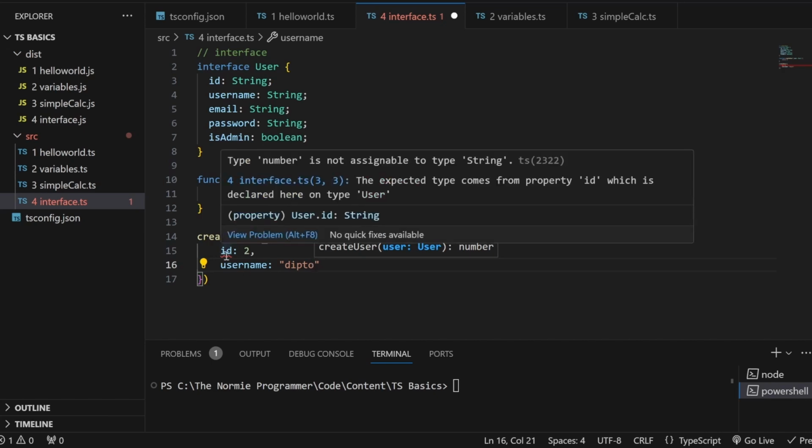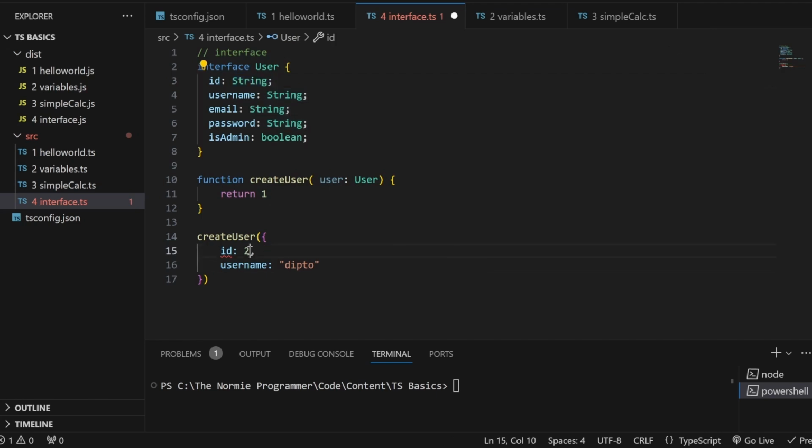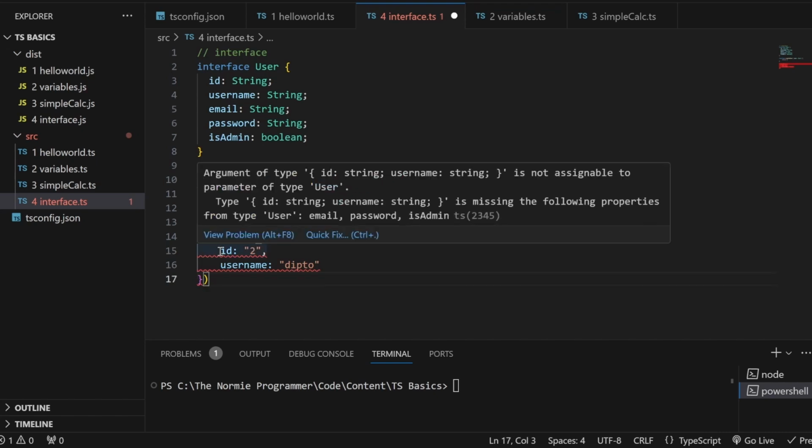And what does it say? It's saying that type number is not assignable to the type string. The expected type comes from the property ID, which is declared here on type user. So what it is saying is that ID is of type string, so please don't assign a number. So I can simply change this to string, and the red squiggly lines in the ID is gone, but we